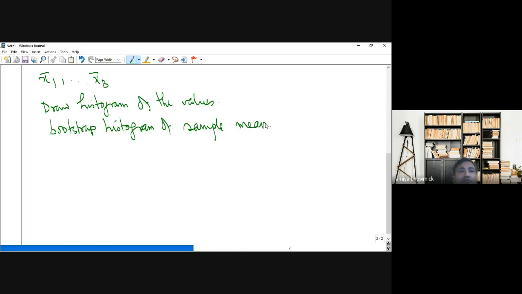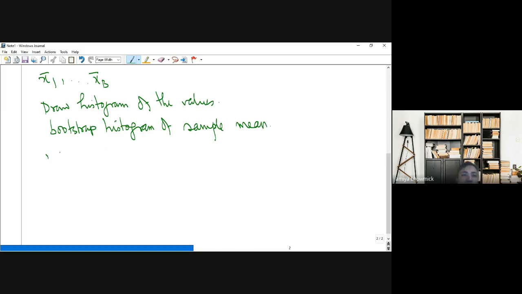we never ever know the population distribution. That means we don't know God's play about nature. We are collecting data from nature and we have no idea. We are only developing all the test procedures based on assumptions. Now what bootstrap does is, whatever sample values you have got, reshuffle them and compute several sample mean values, and try to understand, if I want to approximate the mean behavior based on this sample, how much uncertainty is associated with it.